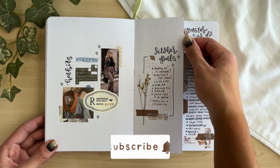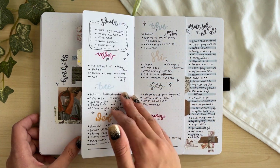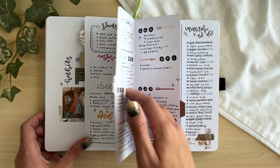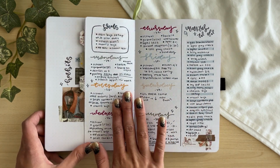And it was a system that worked for me for a while, so I'm glad I just committed to it. The weekly spreads were a little boring, which is why it wasn't my favorite way to do it, but honestly, October was so busy for me, and I'm just glad I had something in my bullet journal to be able to plan in. So if it's a lesson to anybody, it's that if you're going through a creative block, just